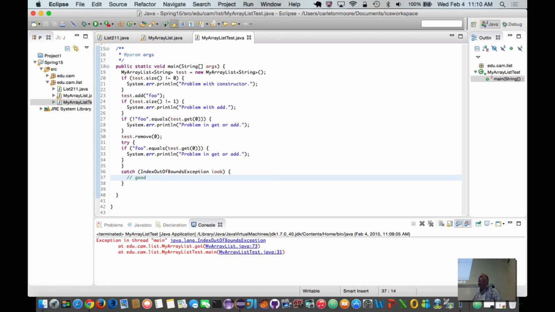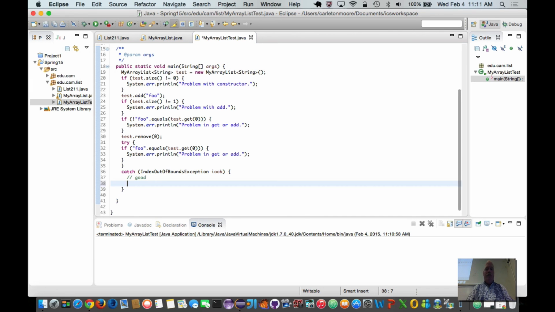If you print the stack trace in the dashboard, what does that mean? Oh, you want me to print stack trace? So let's run this. And I catch the exception, and I continue on my merry way. So let's say IOOB.printStackTrace. That is going to show me